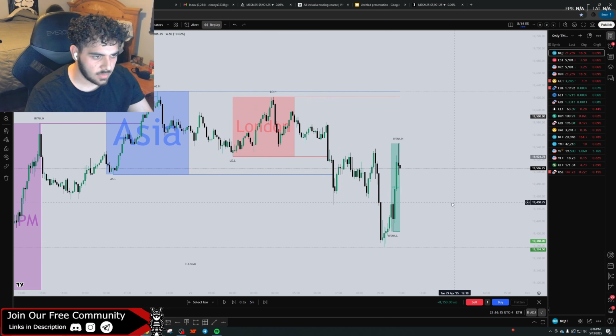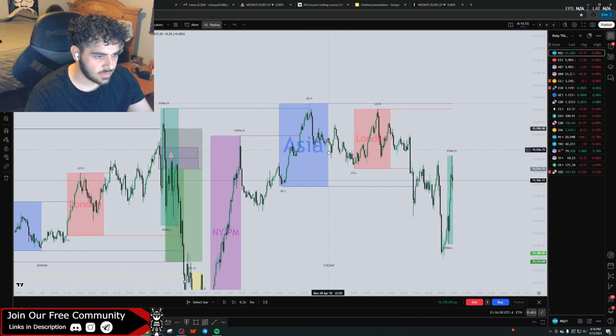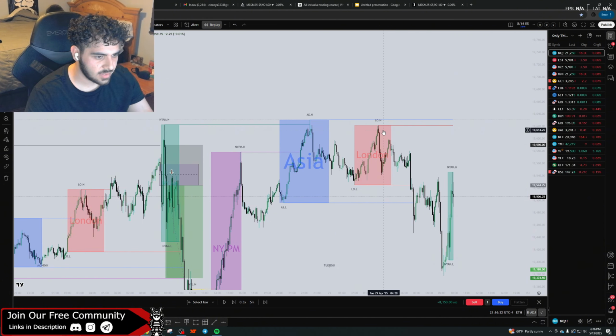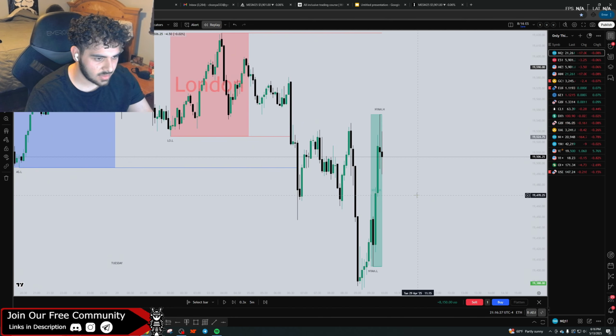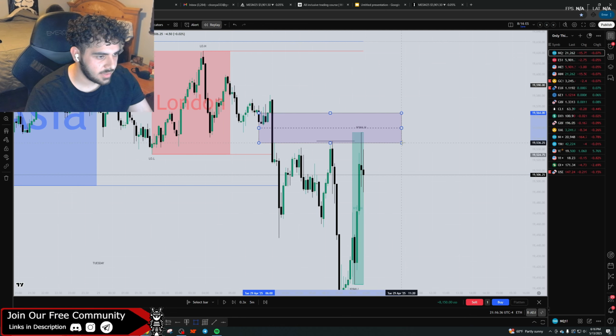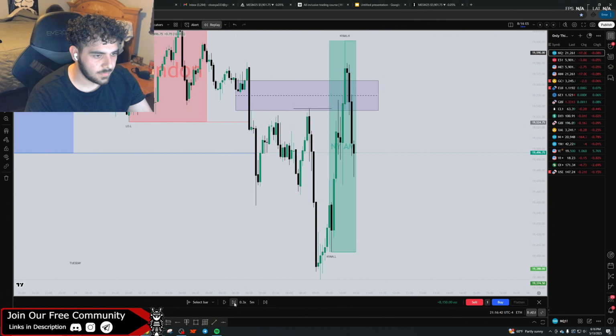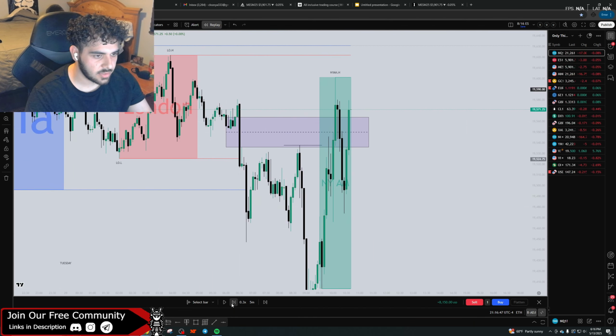Okay, so Asia session kind of consolidated right here. It left London consolidated. We have a bunch of highs, so I'd be interested in longs right here. The issue I see right here though is we took out this high and then it's kind of nested in this fair value gap, so we'll have to wait. Now, if you're in down here, then that would be a good entry, but